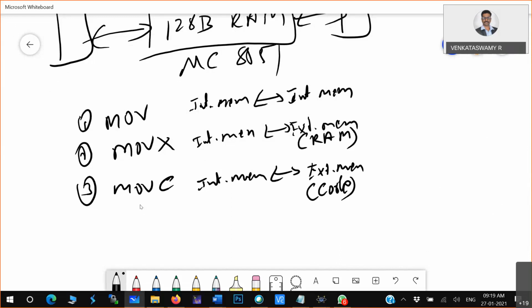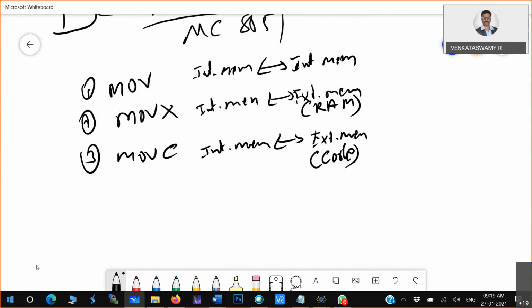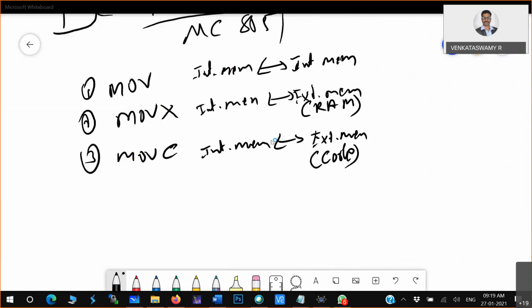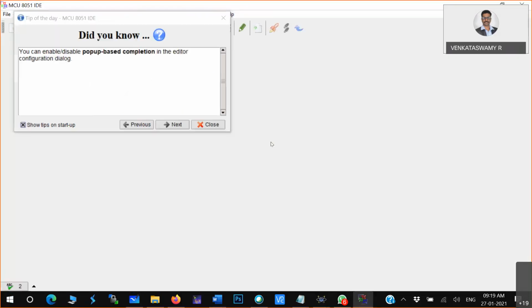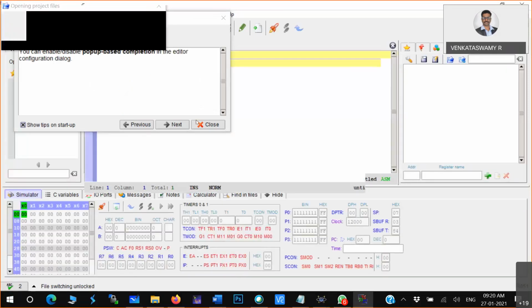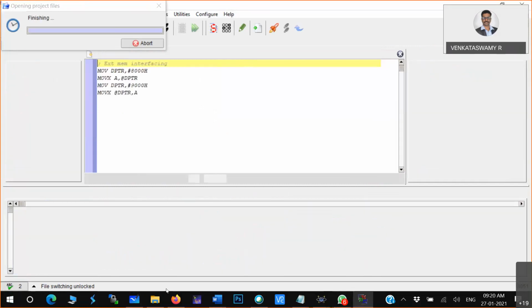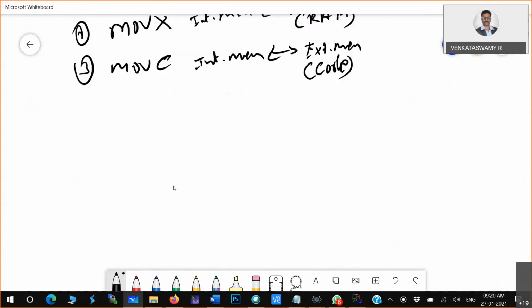Now let us take up some simple demonstration today. Let us go for the next type of instruction, that is arithmetic instruction. You may know that data transfer instructions just move data.